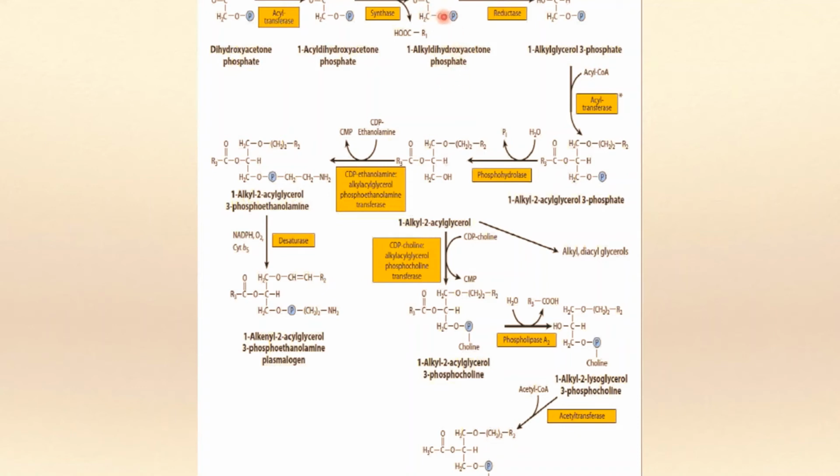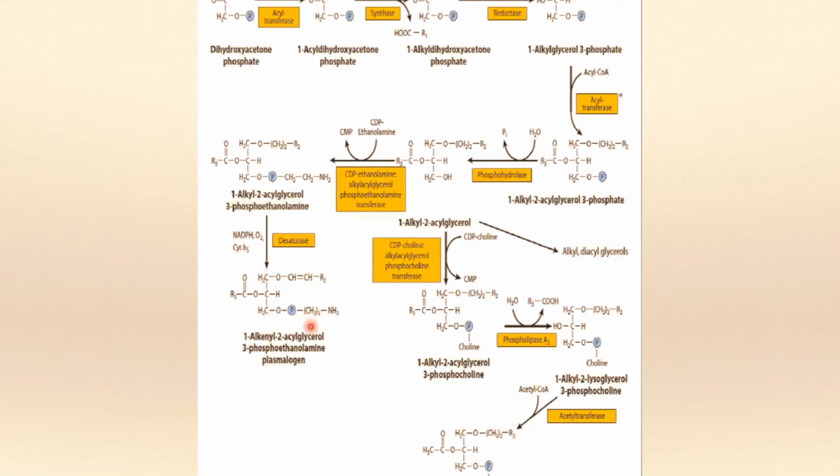Now still there is a carbonyl group present, which subsequently gets reduced by reductase enzyme. This reductase enzyme utilizes NADPH as a cofactor and it forms 1-alkyl glycerol 3-phosphate. Now this 1-alkyl glycerol 3-phosphate will take up another acyl group at the C2 position and it will form 1-alkyl 2-acyl glycerol 3-phosphate. Then it will subsequently form 1-alkyl 2-acyl glycerol, and again the CDP ethanolamine will be present and there will be formation of 1-alkyl 2-acyl